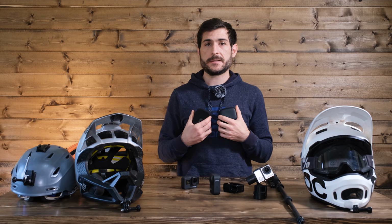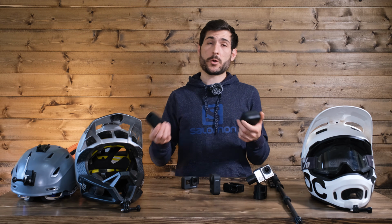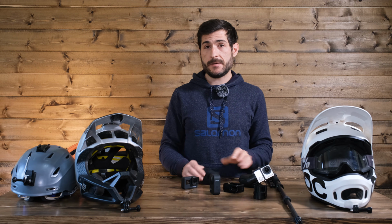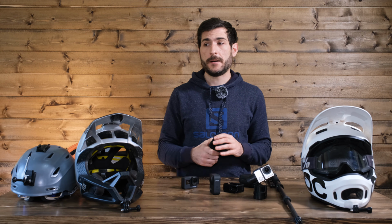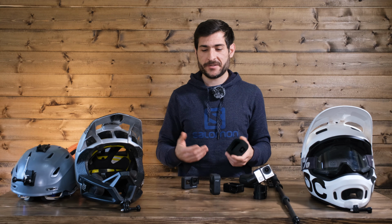So keep those batteries nice and toasty. That'll get you filming, recording throughout the entire trip. The other tip that I have is to have all your settings and the mounting angle dialed on your GoPro before heading out. The last thing you want to be doing is fidgeting with your GoPro at the top of a mountain when it's like minus 30 degrees Celsius, the wind is blowing, and your friends are waiting for you